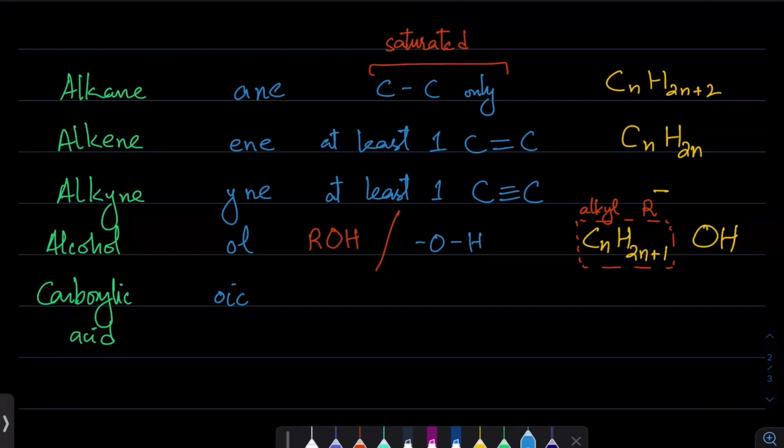All of them have IC at the end of the name. These have OIC at the end of the name. O means organic, so they are organic acids. Okay, इनके नाम के end पे OIC होता है या NOIC होता है, ठीक है।